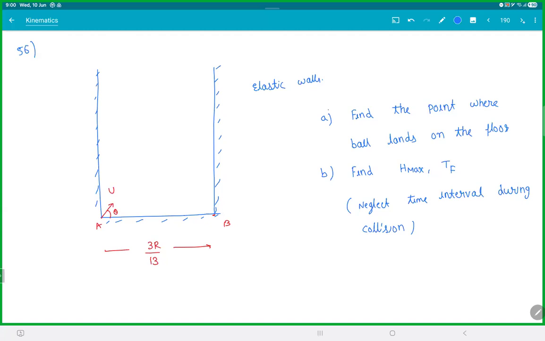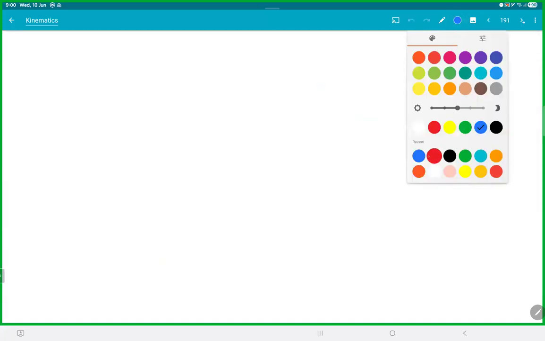The number is not an exact multiple of 3R by 13. Again, what is the idea there? Think of it like this. What did I say right now? If there was no wall, what would have happened? If there was no wall, you would have gone like a regular projectile,